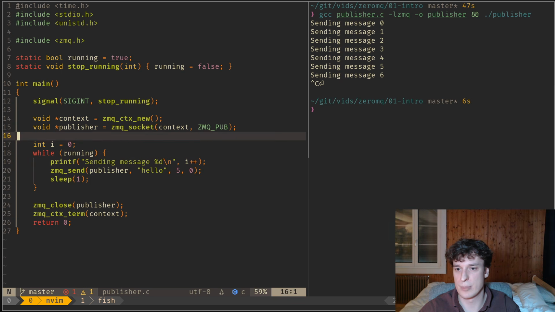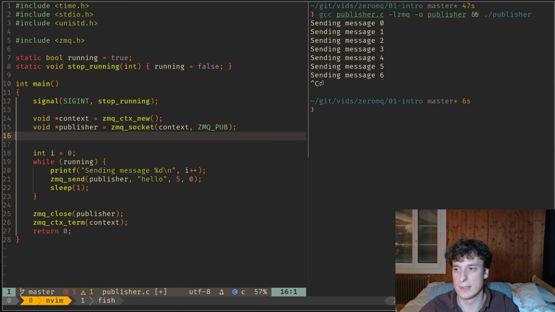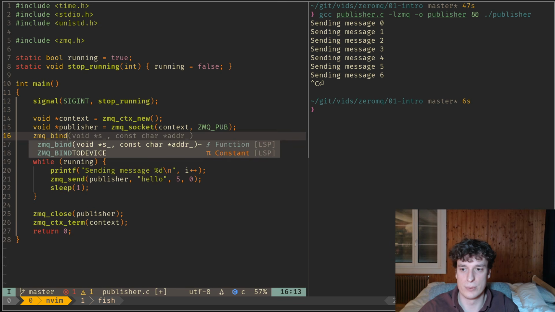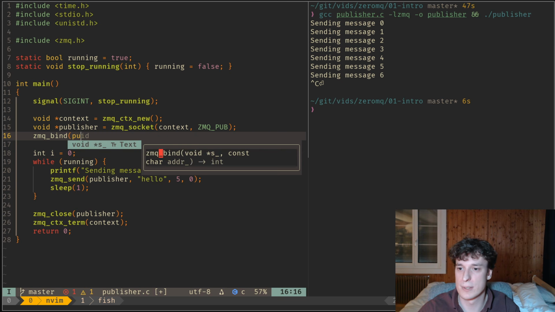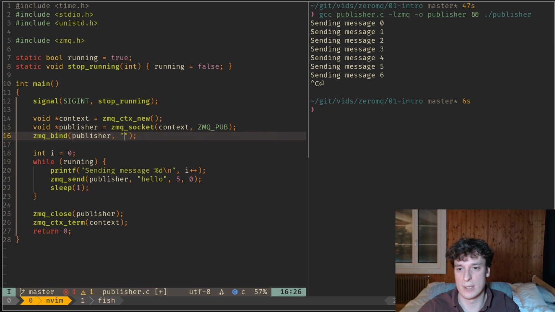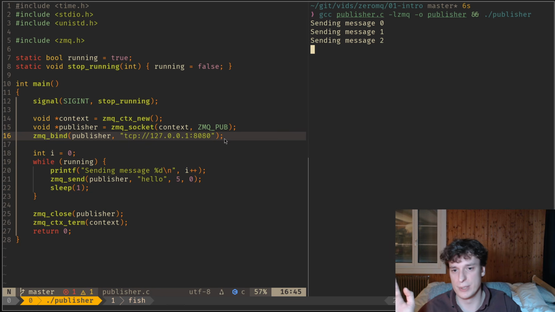Oh, and I forgot one big step: right now we're not telling it on which address we're listening. So we need to do ZeroMQ bind, again very similar to Unix sockets, with the publisher, and then an address. The address is kind of their own scheme, but it's based on regular URLs. So you specify the protocol, then colon //, then the listening IP, and then a port in this case. So let's listen on port 8080, like so. And so, well, nothing will change, but now there is an actual endpoint where